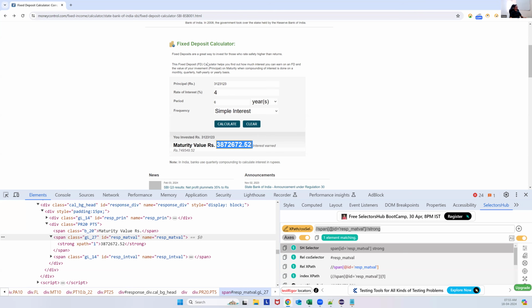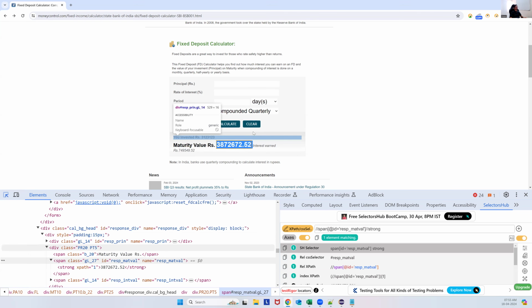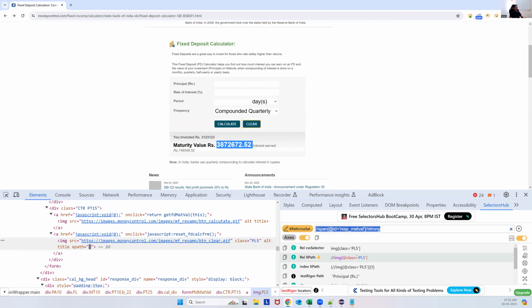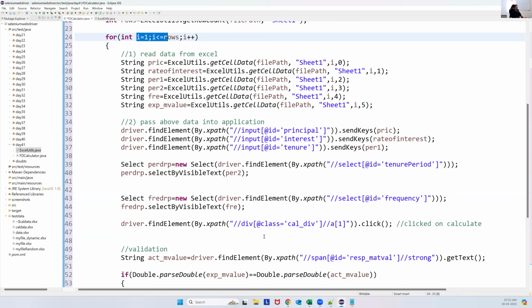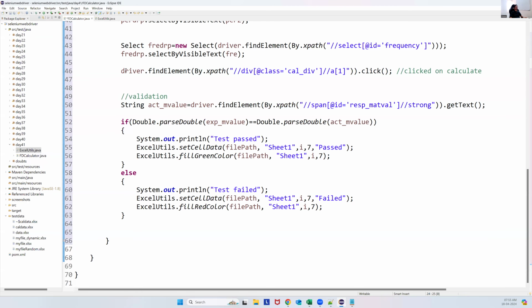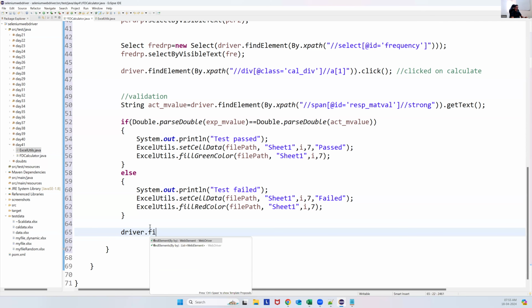How to clear it? Just by pressing the clear button. When I click on clear, everything will be cleared. Now inspect this clear button, take its XPath, and get it. After completion of this validation and everything, here I will clear: driver.find element